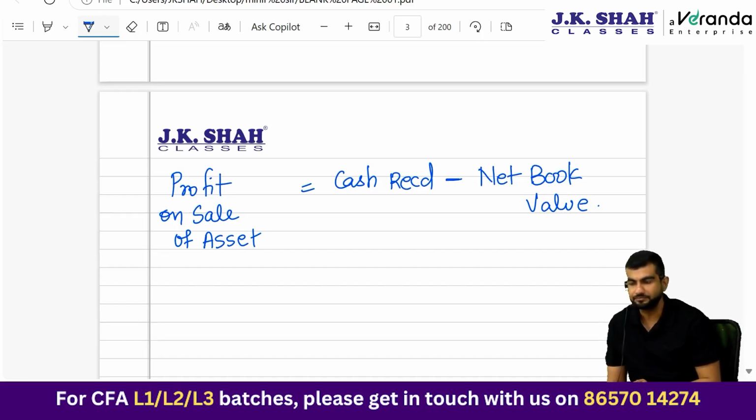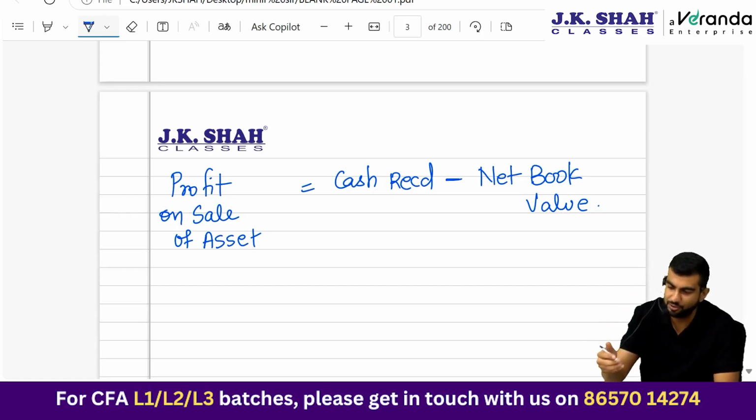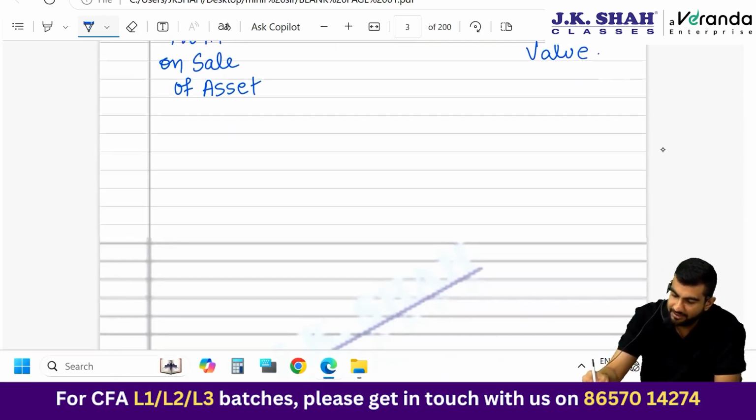Okay, fine. Then this chapter also had a few ratios. Every ratio took into account CFO, cash flow from operations, because that is the heart of any business. How much cash the business is generating from its operations. So that is very important. Okay, so have a look at those ratios once. And after this,